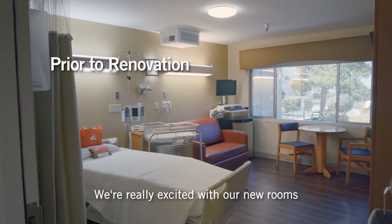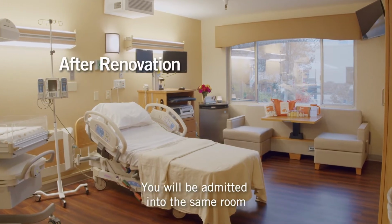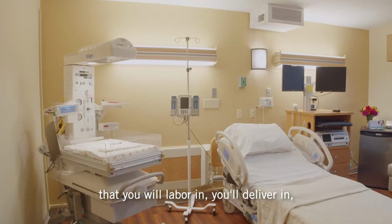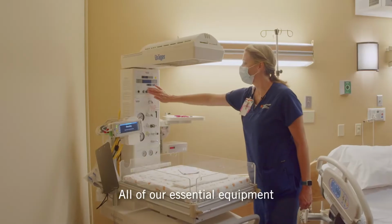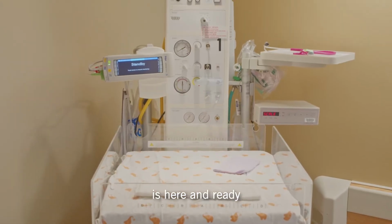We're really excited with our new rooms and having the labor and delivery recovery model. You will be admitted into the same room that you will labor in, you'll deliver in, and you'll recover in that. All of our essential equipment to manage the baby's care is here and ready, along with all of the